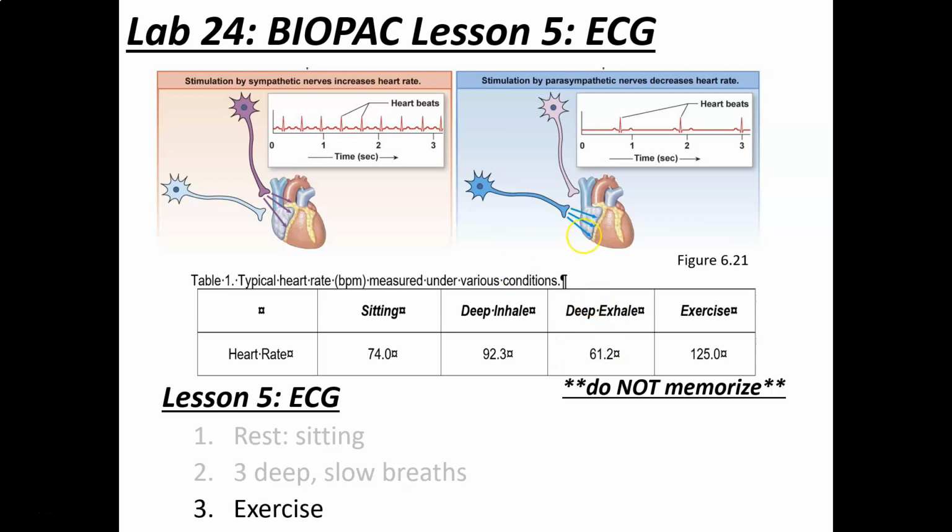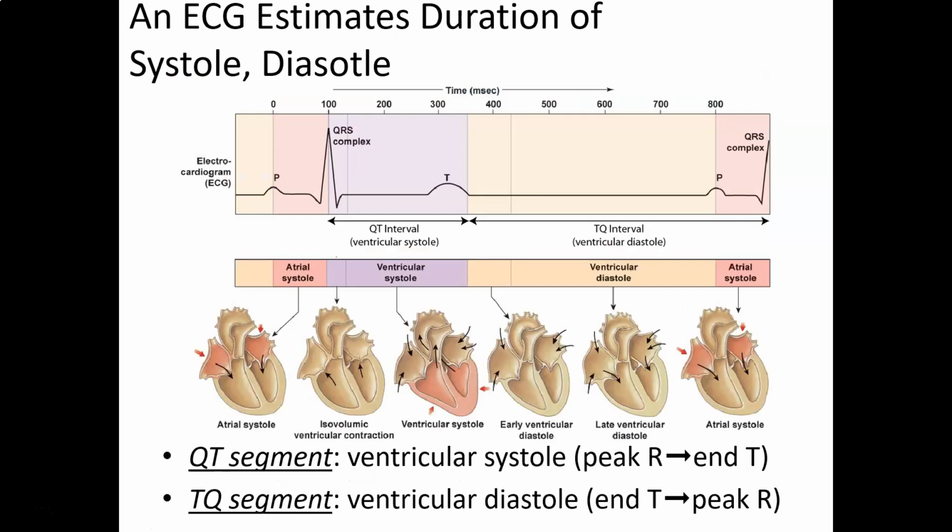So if we look at exercise then, we saw that our subject exercised, and after exercise, we didn't want them to exercise that hard, and the heart rate went to 125 once they finished. So we looked at that exercise heart rate. One of the things we wanted to look at during exercise is what happens to the QT and TQ interval. So going back, remember QT interval, which is measured as an estimate of ventricular systole, so when the